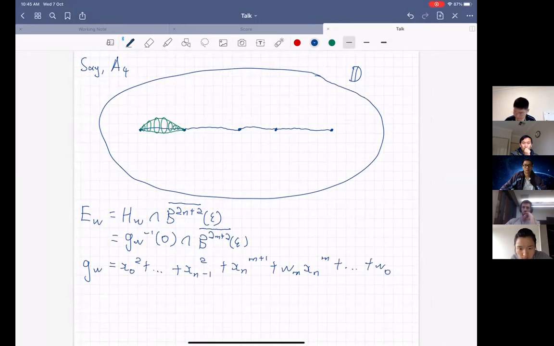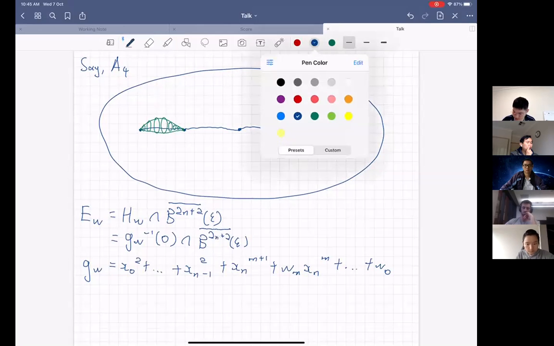Is that an M or an N? So the first line is 2N plus 2, plus the second line becomes 2M. Oh, sorry, it should be 2N. Should be the same. Yep. So N is governing the